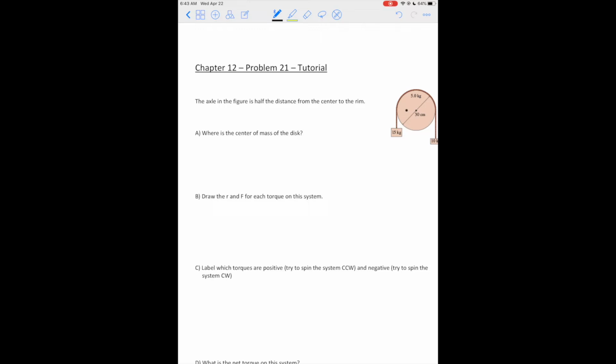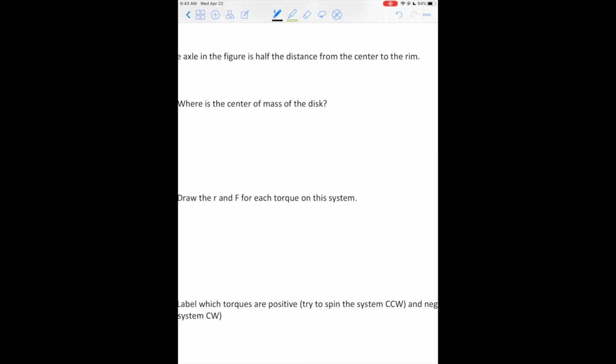So as long as your object has high symmetry, which a circle, a disk does, we would assume not only high symmetry but also a uniform mass distribution. Your center of mass is going to be just straight in the center of the disk in this case, right? So the center of mass is in the center